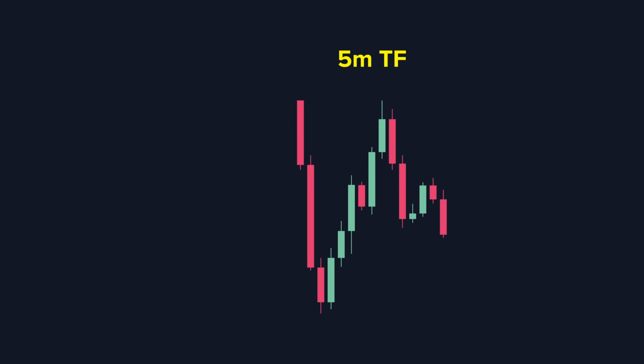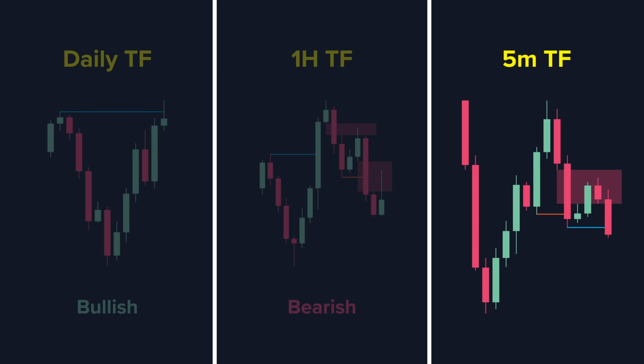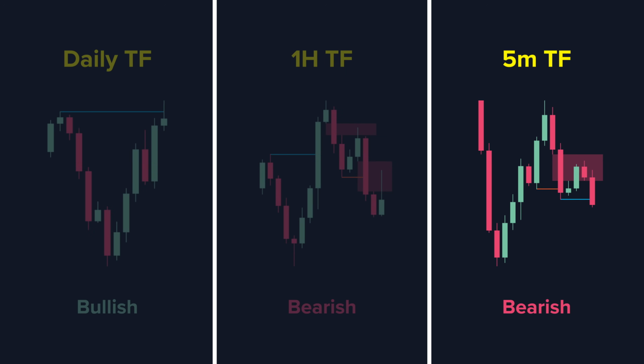Instead, we can just continue our top-down analysis process by now looking at the 5-minute chart. And by again going through the same process of analyzing the price action, we can see exactly where the market created a reversal in its order flow with this bearish change of character, which then followed up by respecting this bearish fair value gap, before then creating the next bearish move down, resulting in a new bearish break of structure. So now, after doing this quick analysis, we have now confirmed that the order flow of the 5-minute chart is bearish. And in the process of this, we have also confirmed that the market is currently respecting the hourly bearish